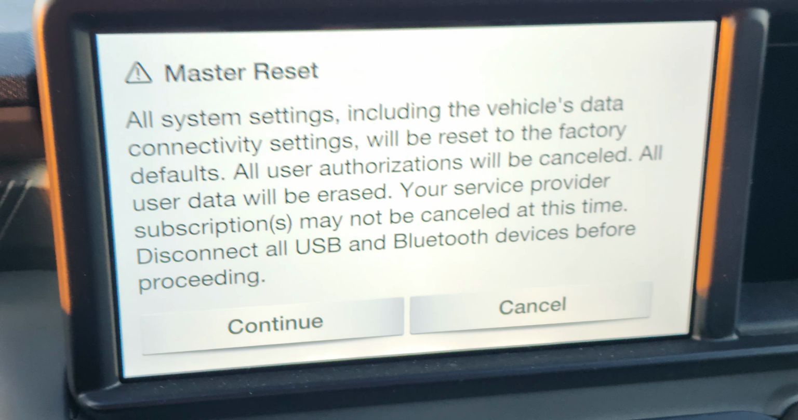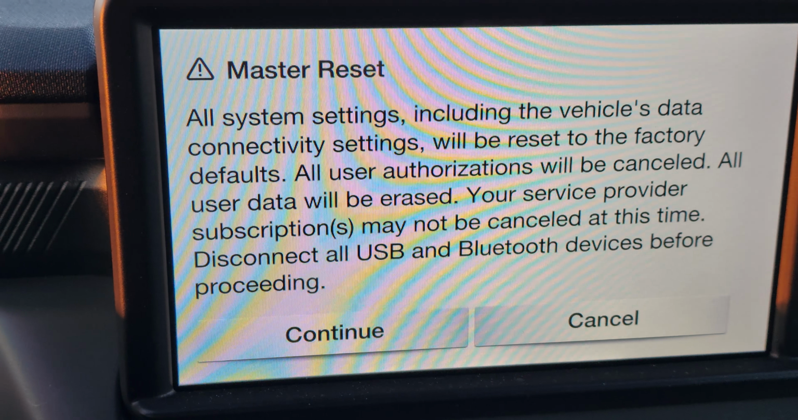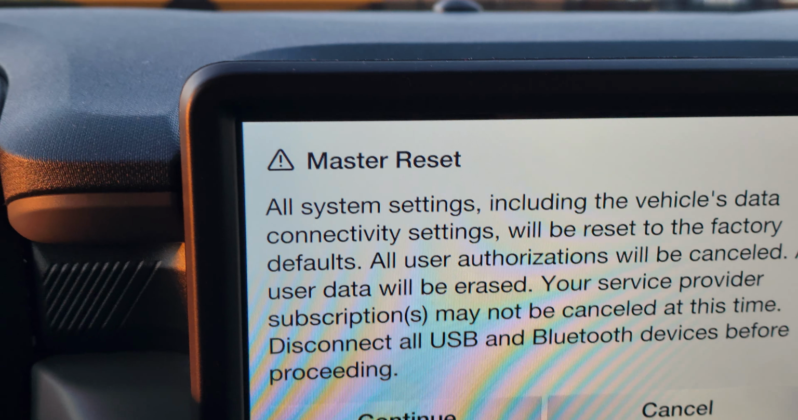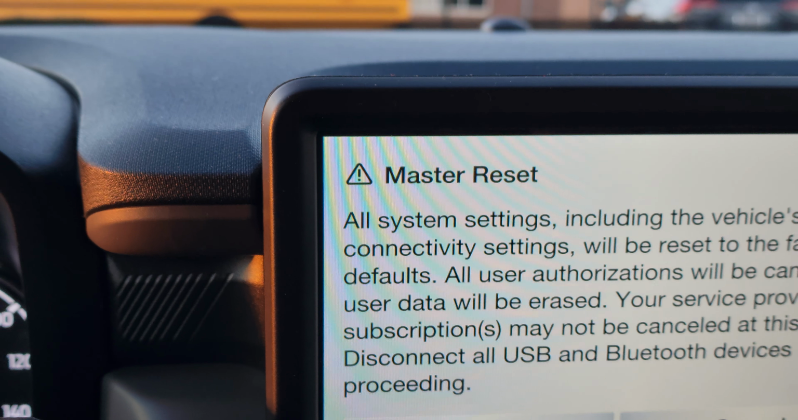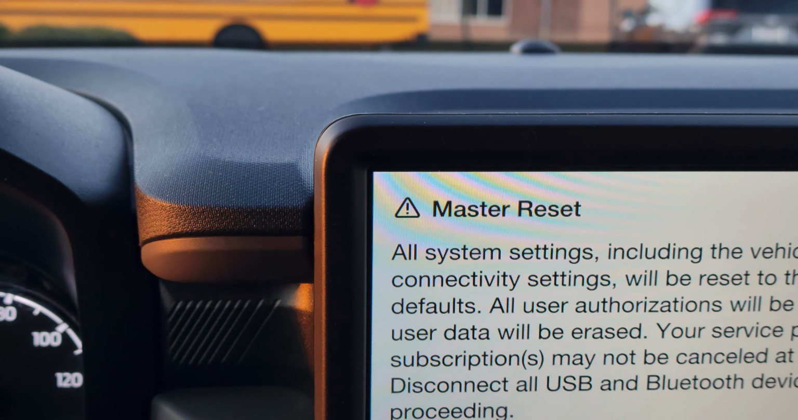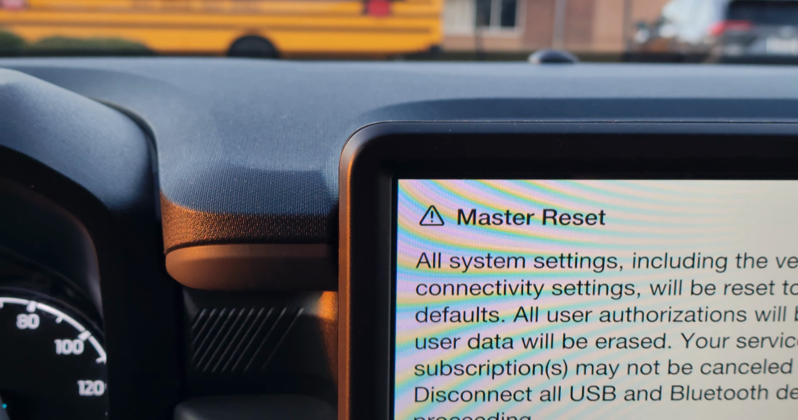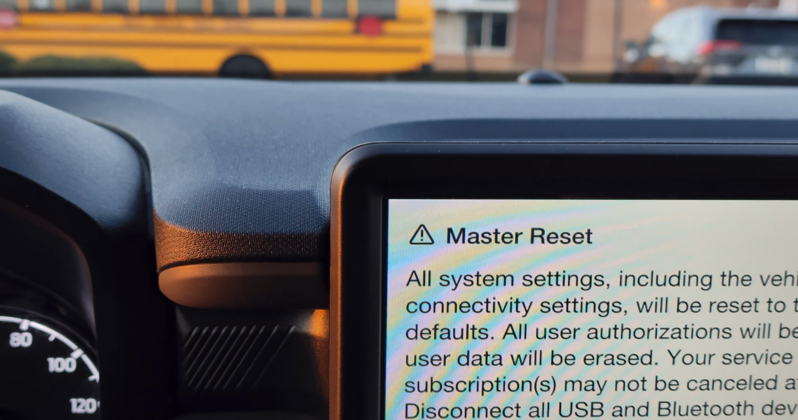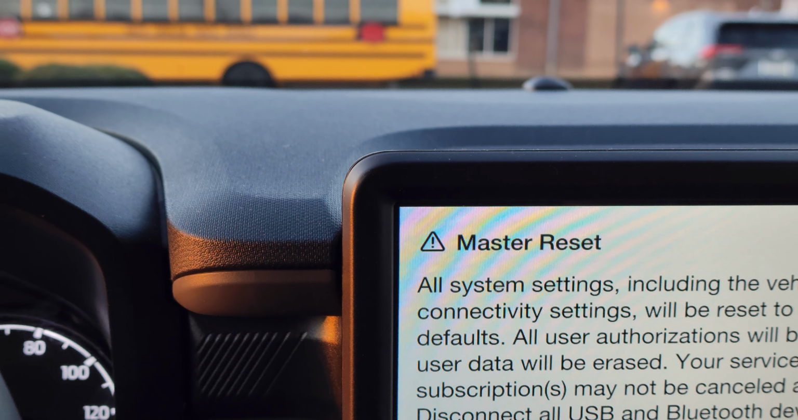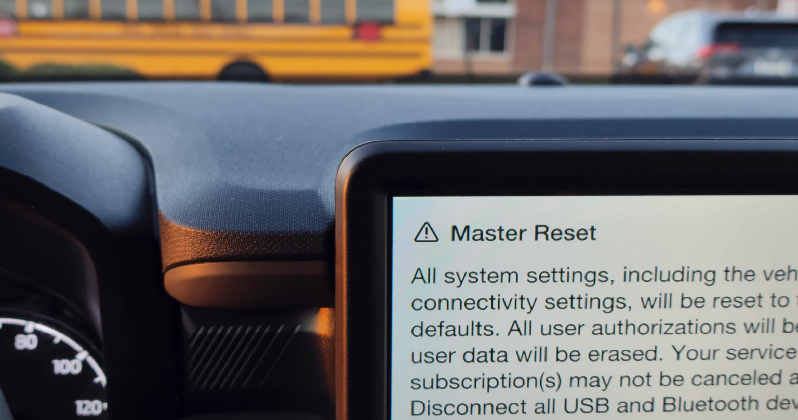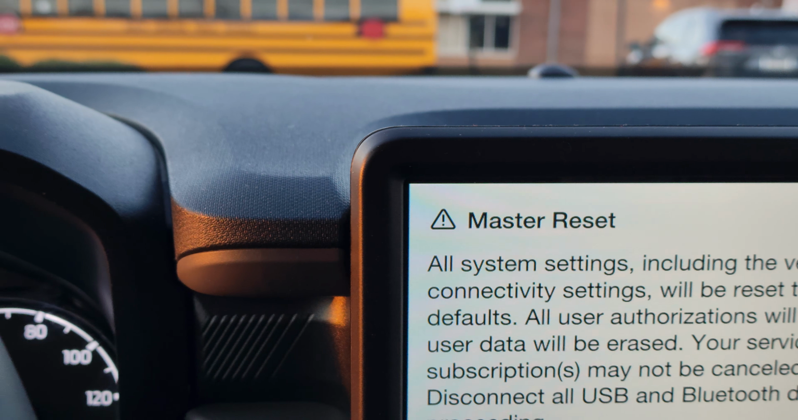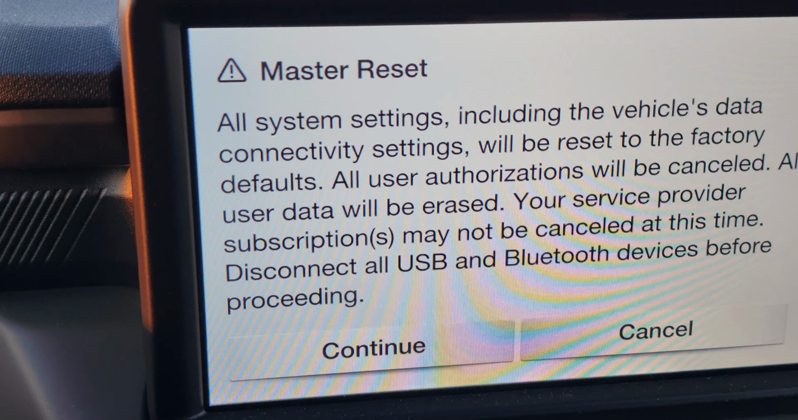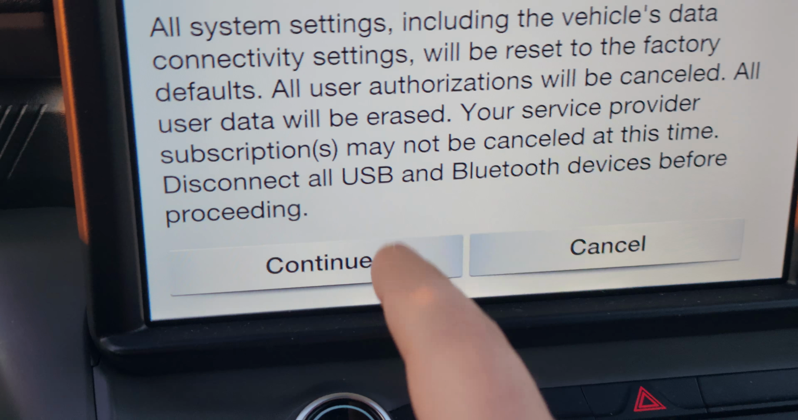You see this writing. It's very important to know. It says all system settings, including the vehicle's data connectivity settings, will be reset to the factory defaults. All user authorizations will be canceled. All user data will be erased. Your service provider subscriptions may not be canceled at this time. Disconnect all USB and Bluetooth devices before proceeding. I mean, if you disconnect them, you will probably be able to keep them. So then you click on continue,